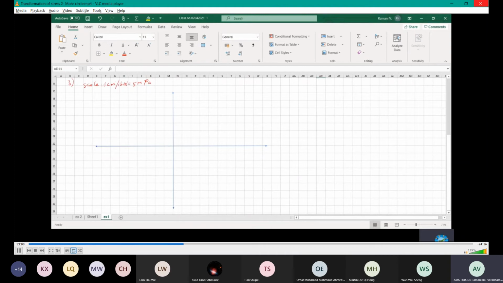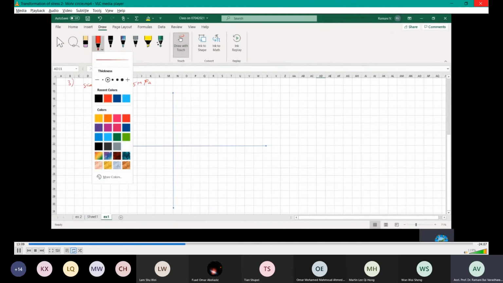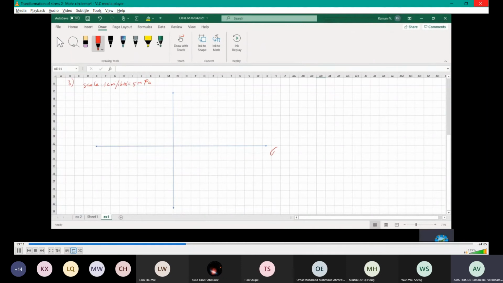And then name it. You can take the x-axis as your sigma, right? I use the red color. Sigma, this is positive; sigma negative in this direction, tau positive, tau negative. Okay, I take the normal stresses on the